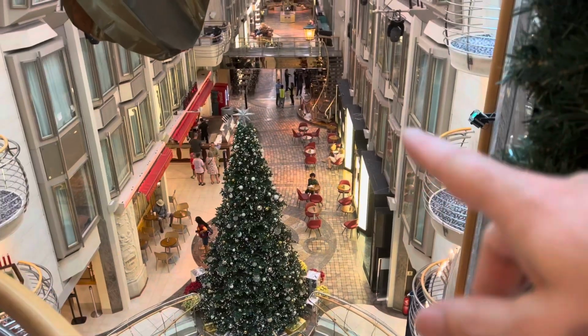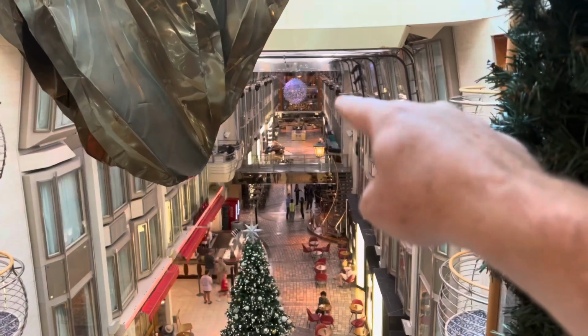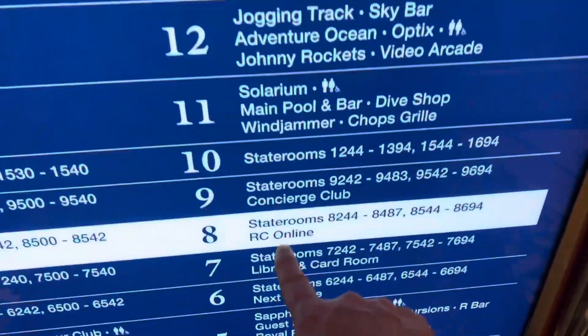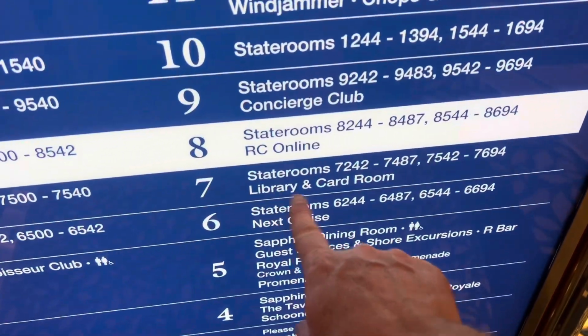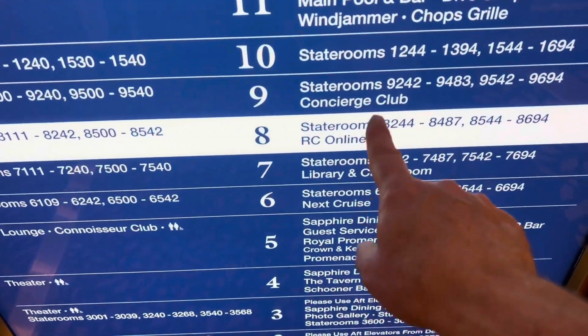Now here's a look from deck 8. This is looking on the Royal Promenade. It is December when I'm filming this, but on the other side, there's like a, let me show you real quick. So if you're ever not sure where you are, always just check this. And you can see there's online, so kind of like a business center if you have the online package. There's a library and card room, and there's next cruise, but most of all this on this level is just the